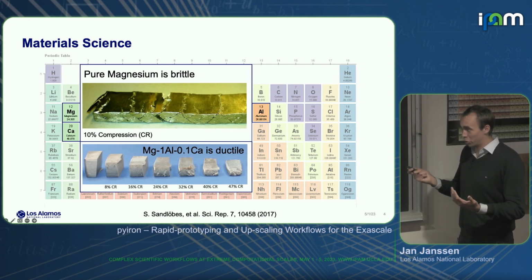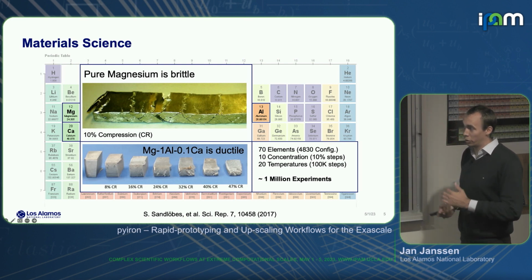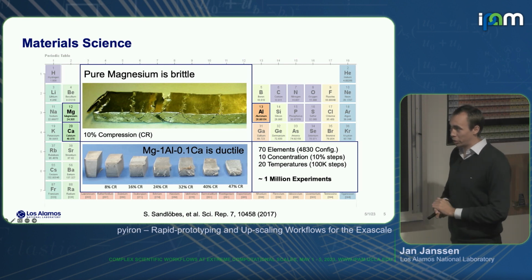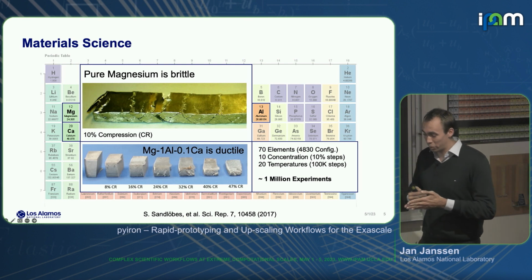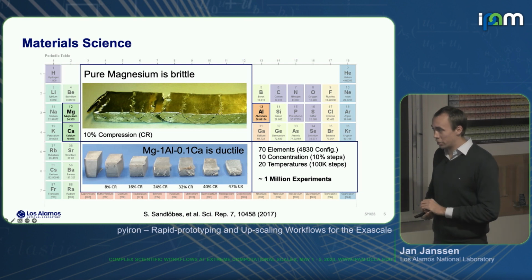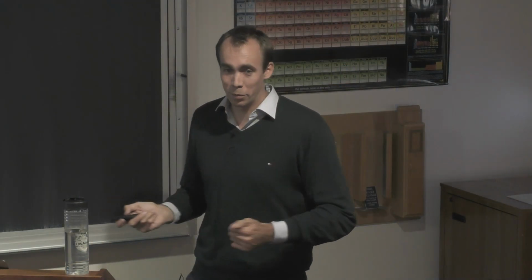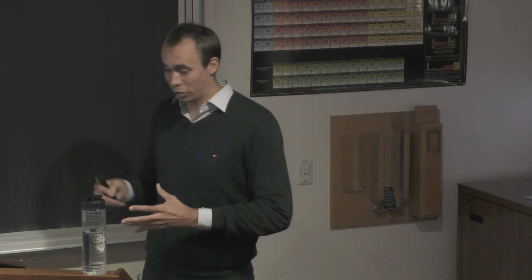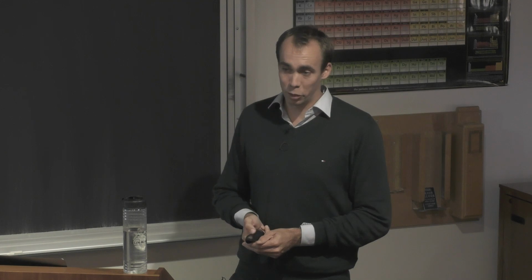in an efficient way. And if we just do a very rough estimate, like a back of an envelope calculation, let's say we have a 3-component alloy, that's roughly 5,000 different combinations. We look at 10 different concentrations, so just concentration steps of 10%, and 20 different temperature steps of 100 Kelvin. That already results in 1 million experiments. So you quickly see that this becomes impossible on the experimental side and even for the simulations. Doing 1 million calculations really stretches the capabilities of our existing tools.